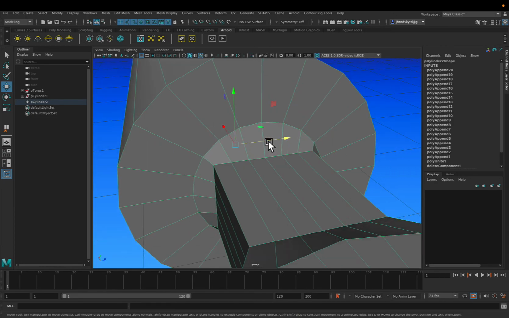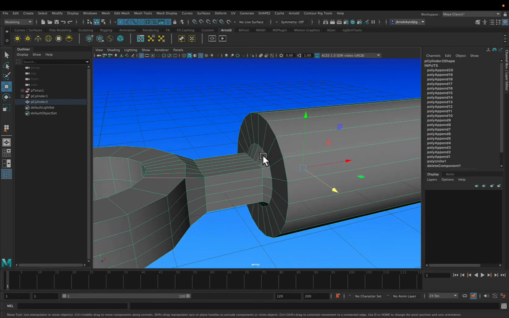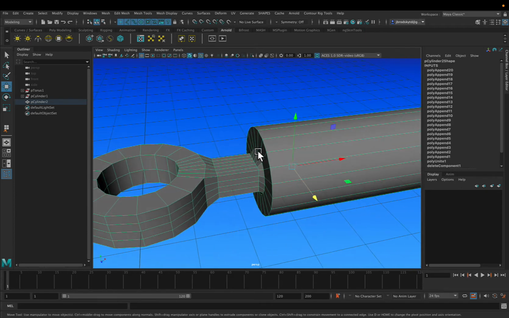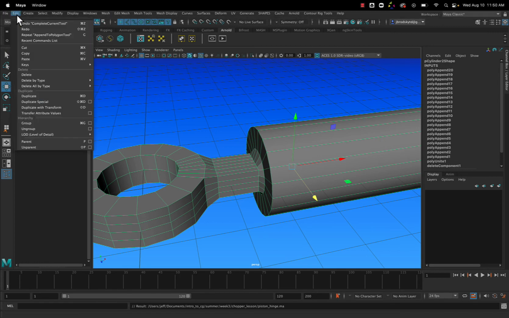Enter. All right, cool. So now we've finally got this thing done. So we have our cool looking industrial shape. So let's save this. We got a bunch of construction history here, so let's delete that. Go to edit, delete by type,